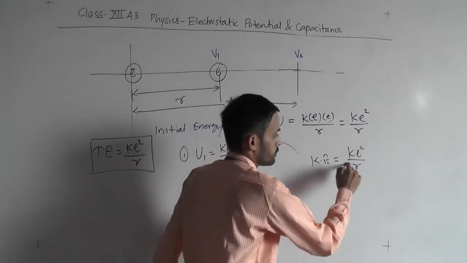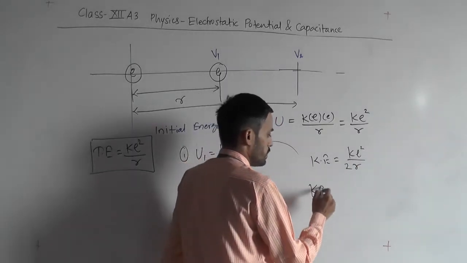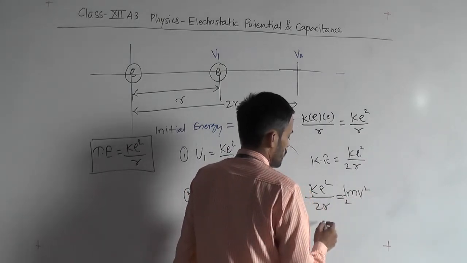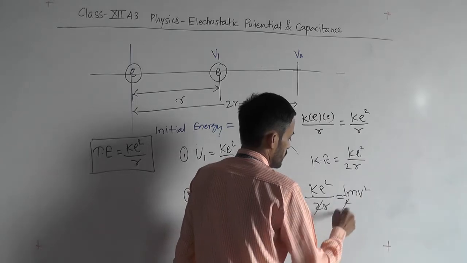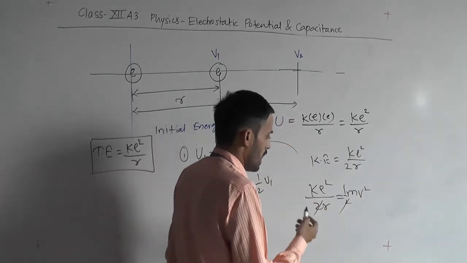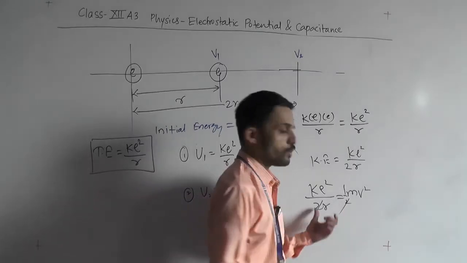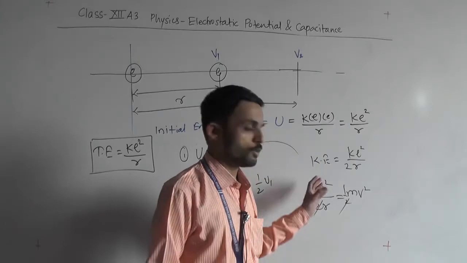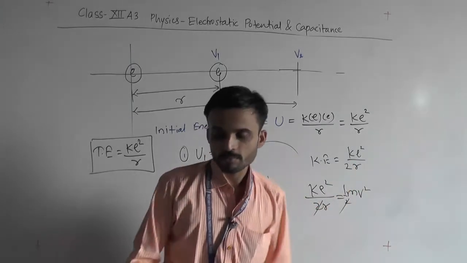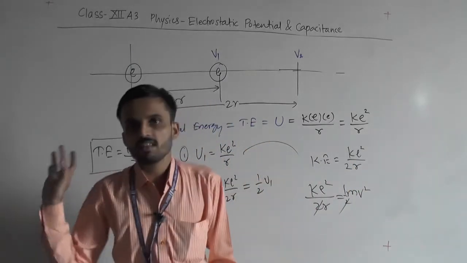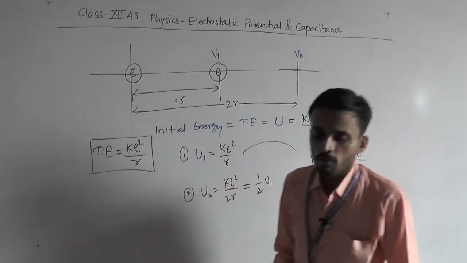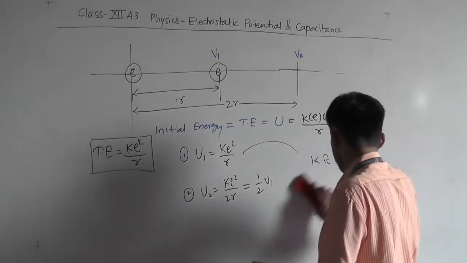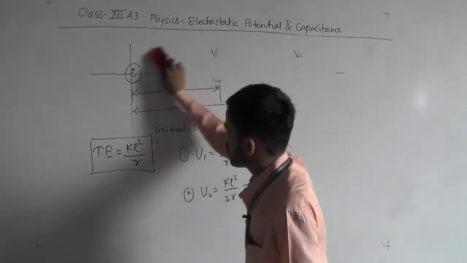So the kinetic energy is K E square upon 2R, which can be equated with half m v square. So 2 will get cancelled, and then R is there and v square. That I have explained to you in the last lecture, day before last day. This is the way with which we will be able to solve the problems related with the potential and potential energy, particularly for the proton, electron, like that.